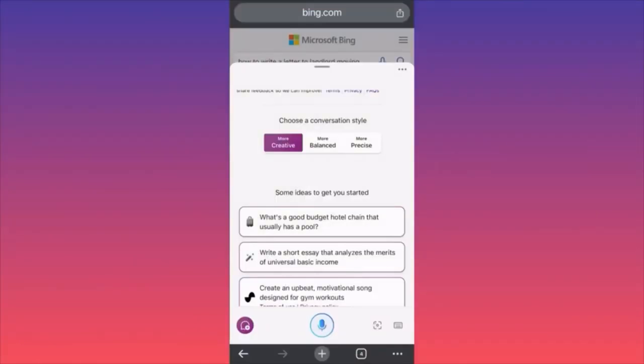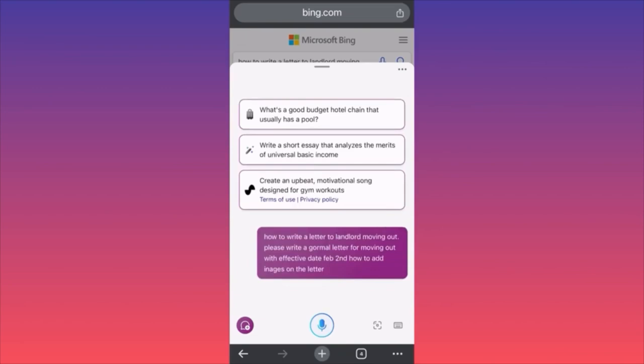Hi guys, in today's video I'm going to show you how to use Copilot AI from Microsoft. In this particular example, guys, we're going to use the very balanced setting over here, the creative mode, that will help us to start a business. In the first example that we're going to go over here, guys, we're going to ask